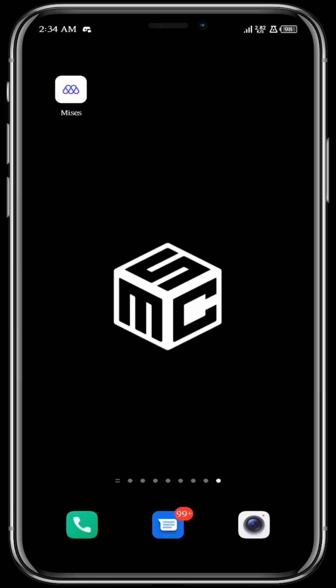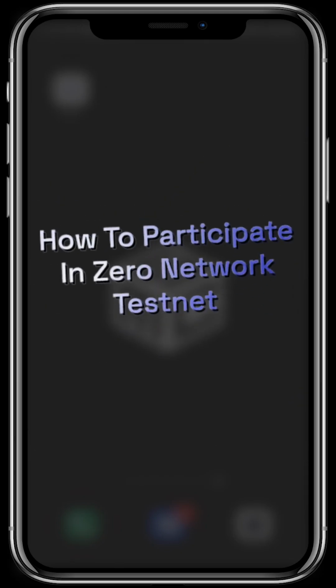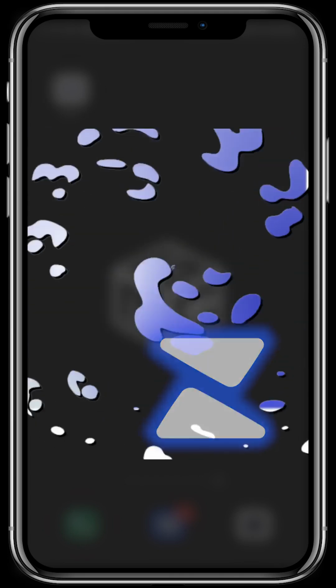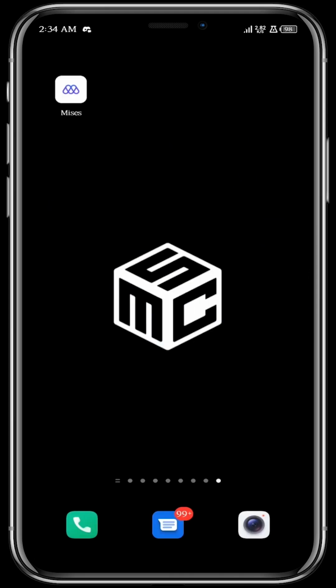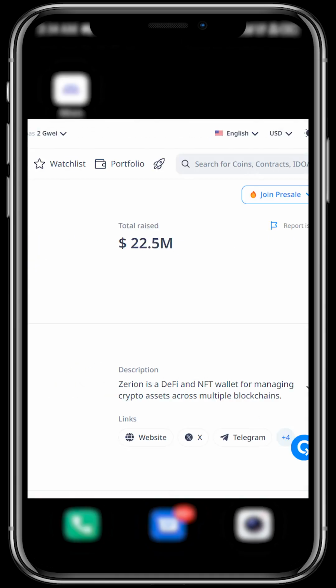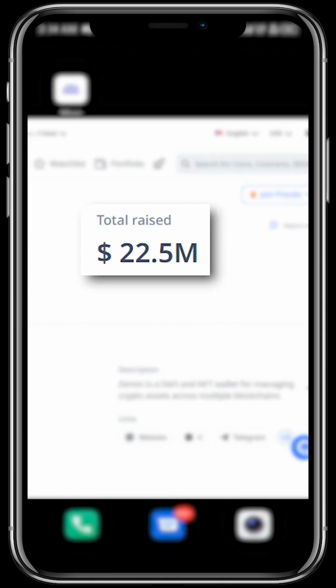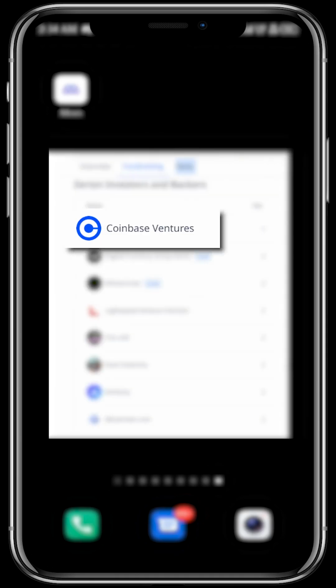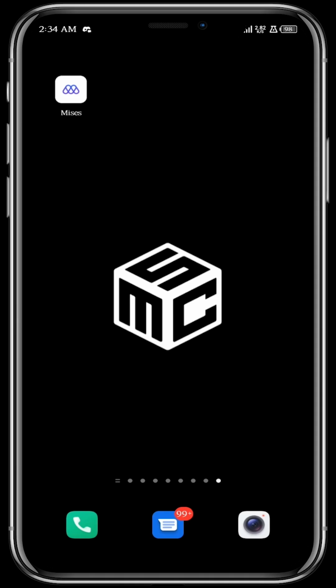In today's tutorial, I'm going to be guiding you through how to participate in Zero Network Testnet by Zerion. Zerion is a decentralized finance and NFT wallet that allows users to manage their crypto assets across multiple blockchains. They have raised so far up to $22.5 million from a number of investors, including Coinbase Ventures. So in this tutorial, I'm going to be putting you through how to participate in their ongoing testnet called Zero